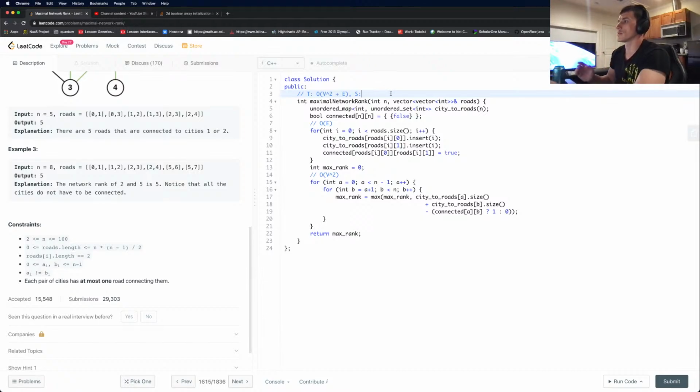So this overall one is basically E plus, and again, this one is V squared, right? But to be honest, this is Boolean, so it's just one bit of information per every pair. So it's one bit here, and this is 4 bytes for every edge here. But still, we basically came up with the same algorithm everywhere, right? Same space, same time, same space complexities. Theoretically, we should also